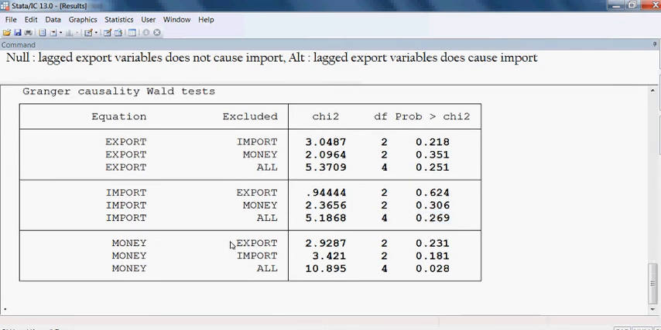And what about here? Here is, I think, the same story. The lagged export variables cannot cause money supply because the probability value is 23.1%, but import also cannot cause money supply because the probability is more than 5%. But the problem is here, as a whole, export and import can cause money supply because the probability is